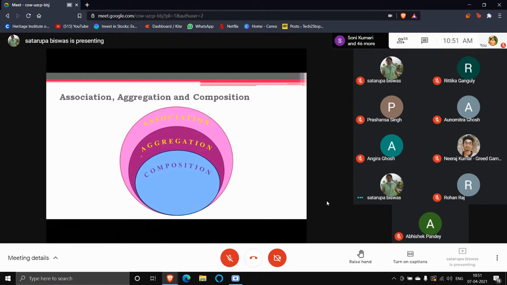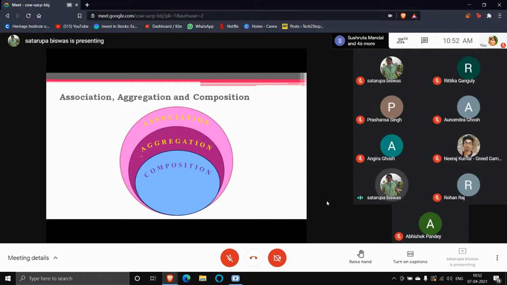If a particular student is leaving the department and going to some other department, it will never change anything about the department. Similarly, when one student is changing the department, that will never hamper the existence of the student as well. So this is the relationship we call aggregation. They are related, but they are not dependent on each other for their existence. So that is aggregation, some kind of amalgamation.